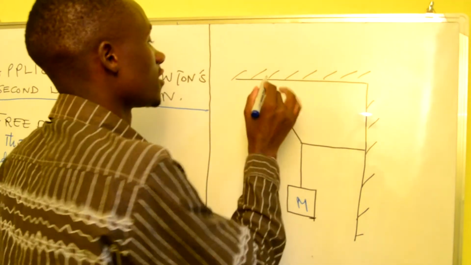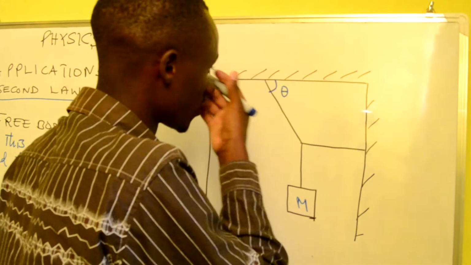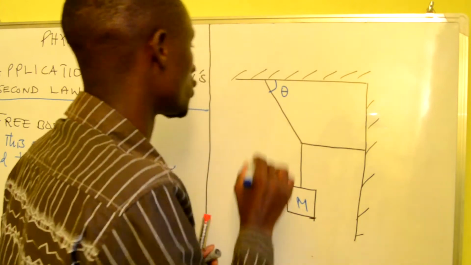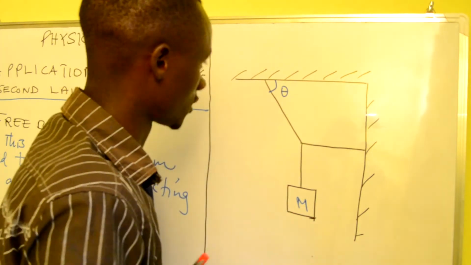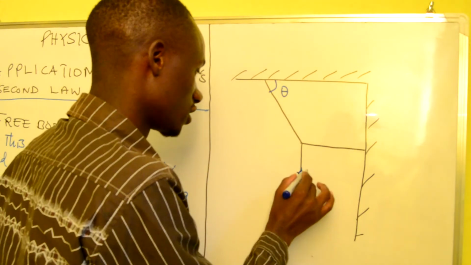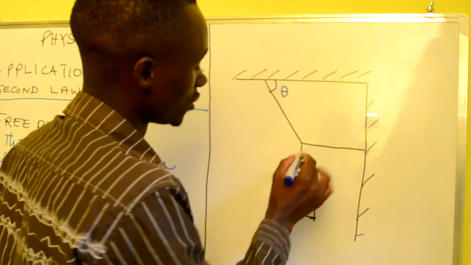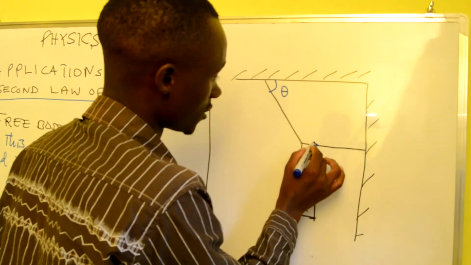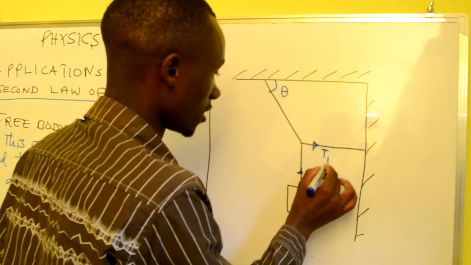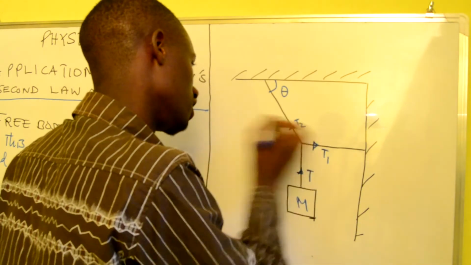If this string is acting at an angle theta about the horizontal, then the tension in the strings is tension T, here it is T1, and this is T2,